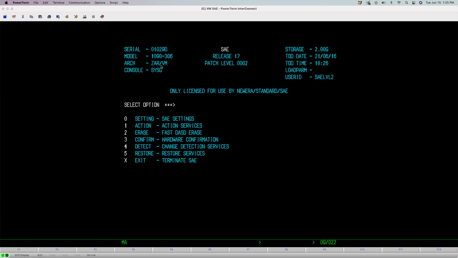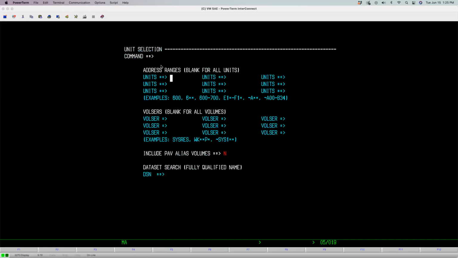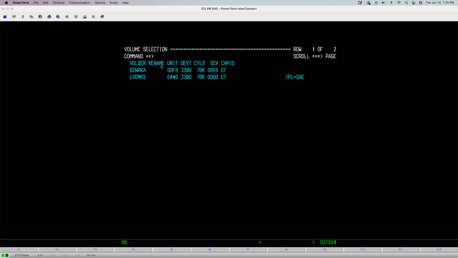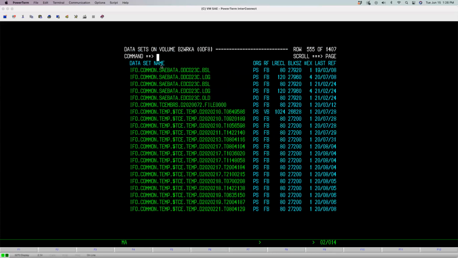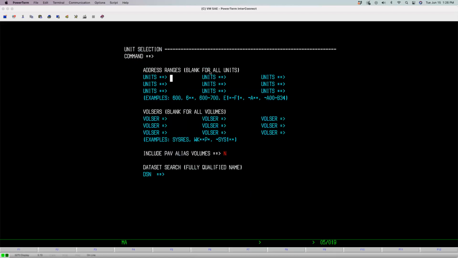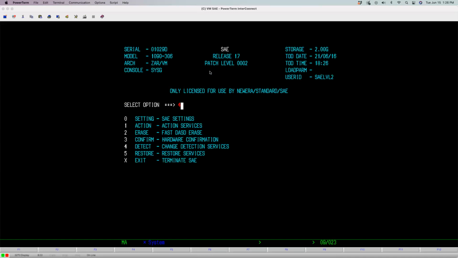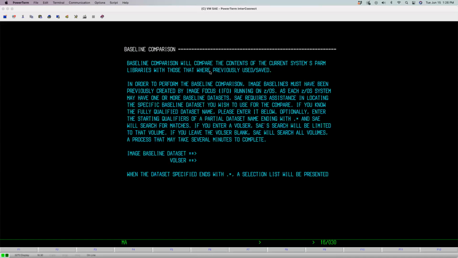So if I go back, I forgot to do this, so excuse me just a minute, I want to come back into this and pull out the right data set name. So what I'm looking for now is one of those baselines. So here I have a baseline that was created on my system D, as we call it, and the log was the analyzed it. So if I copy this and now come back over and go back into 4 and say I want to look at that baseline,